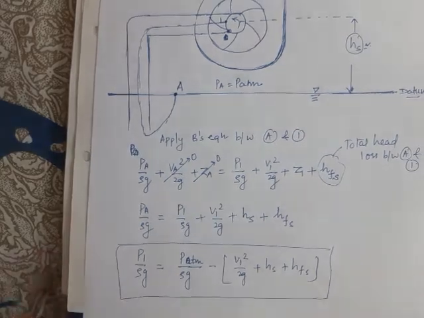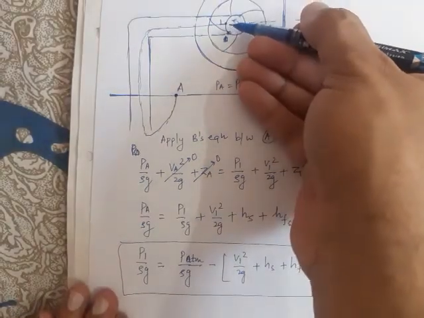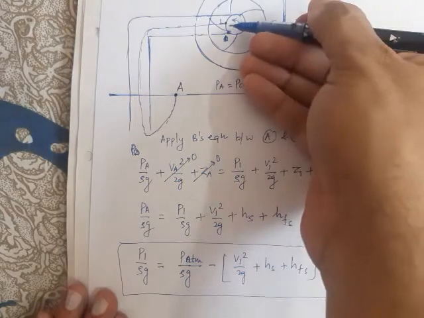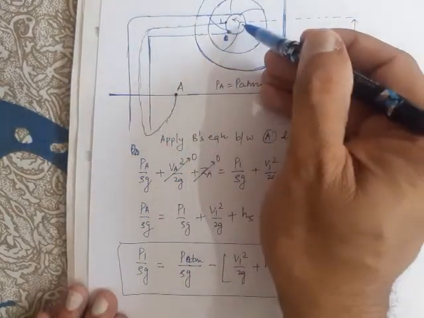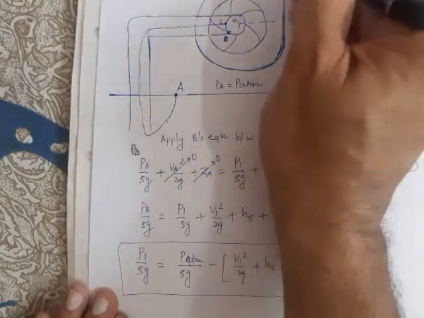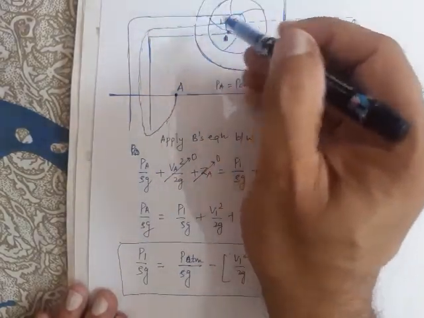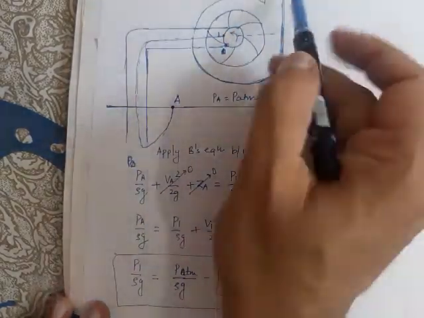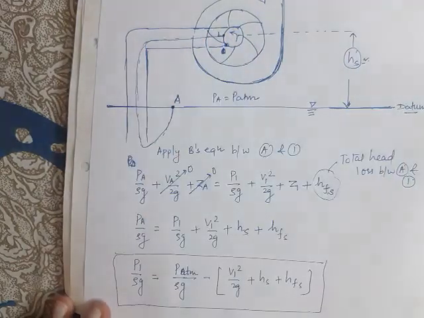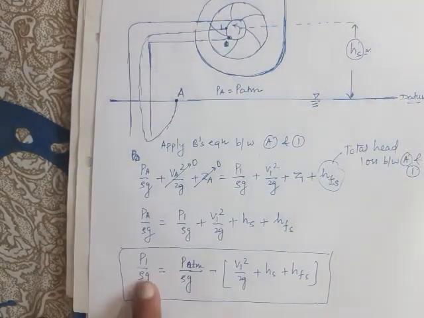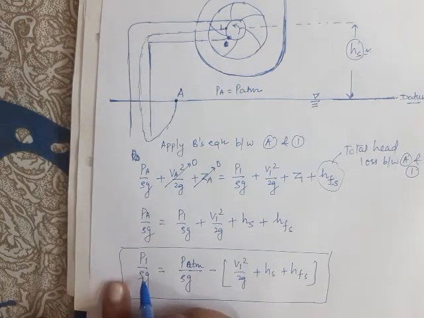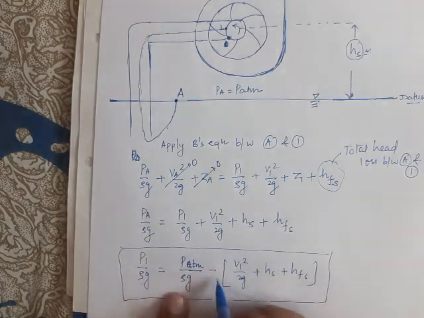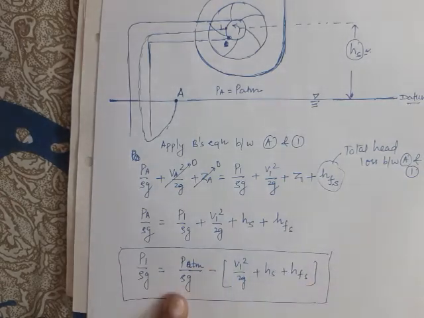So we can say that this is the point of minimum pressure inside a centrifugal pump, because suction of the liquid is taking place here and delivery is taking place on this side. So this is the low pressure side and this is the high pressure side. The pressure at point 1 is less than the atmospheric pressure by this much amount. Okay, clear to you.